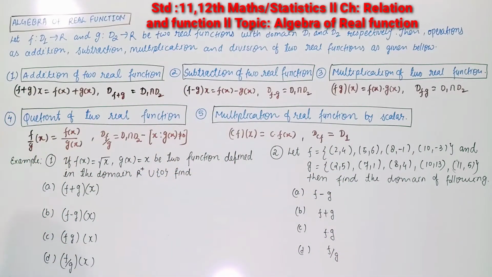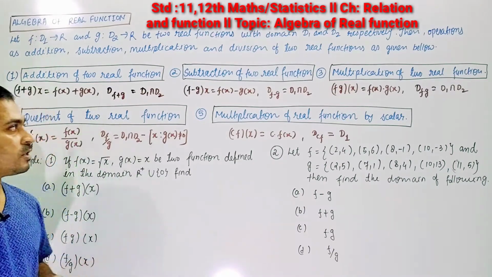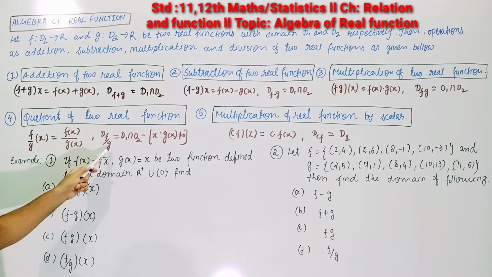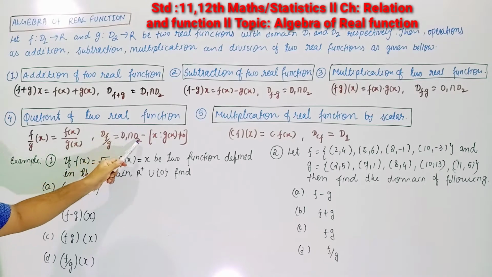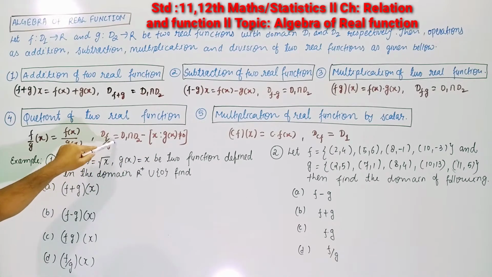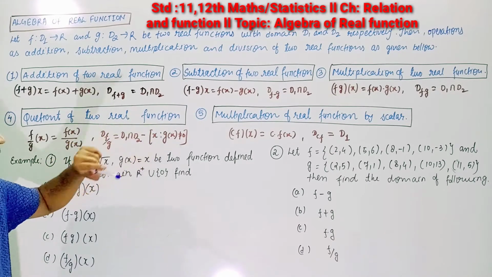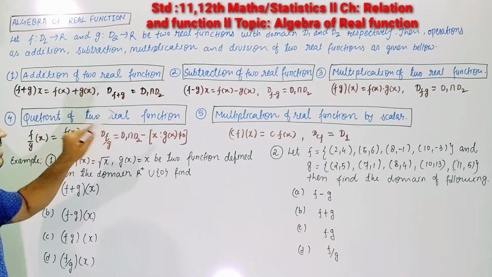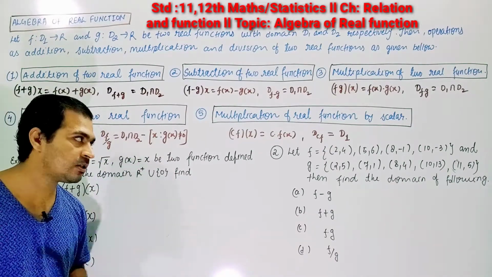So the quotient of two real functions. Quotient of two real functions means, students, what? Division of two real functions. Here we have functions f and g having variable x. We can express this as f of x upon g of x. If you want to find the domain of this function, you will have to write the intersection of d1 and d2, and then subtract something. If you equate the denominator to not equal to 0, you will get some real numbers, and those real numbers should be subtracted from the intersection of the domains of this function.